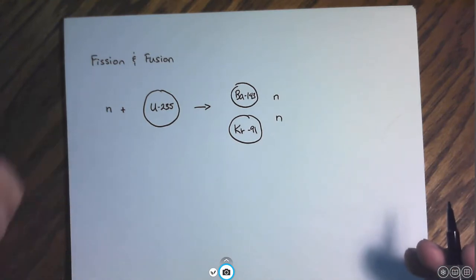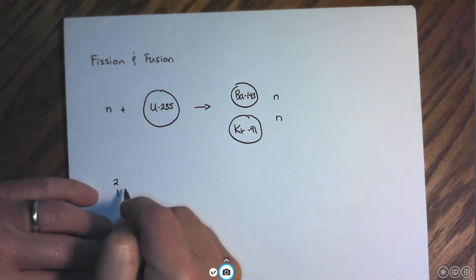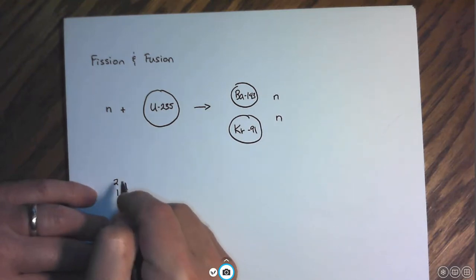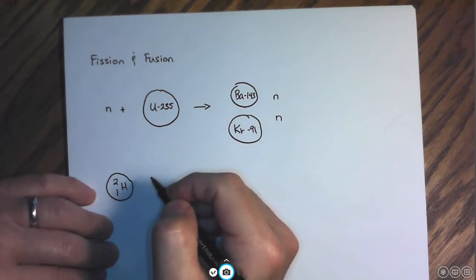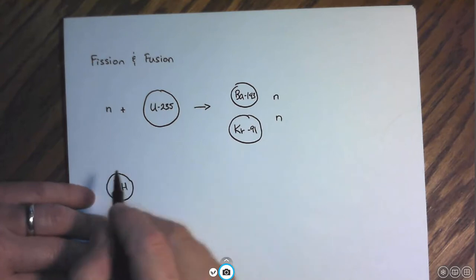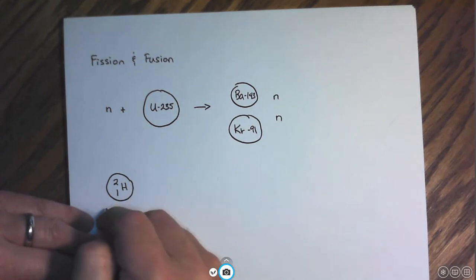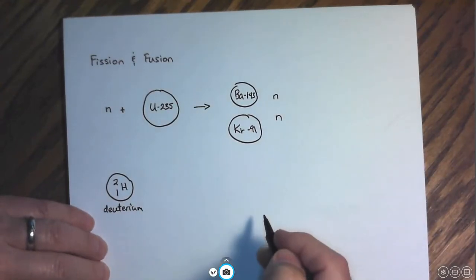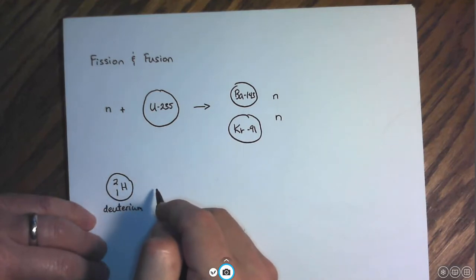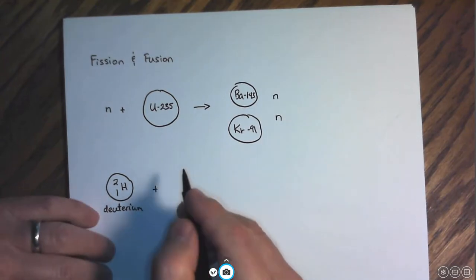So if we're going to do fusion, you might have something like one of the isotopes of hydrogen. Okay? This hydrogen isotope has 1 proton and 1 neutron, so it has a mass of 2. It has a special name. This is called deuterium. And if we were to fuse that together with another isotope of hydrogen,